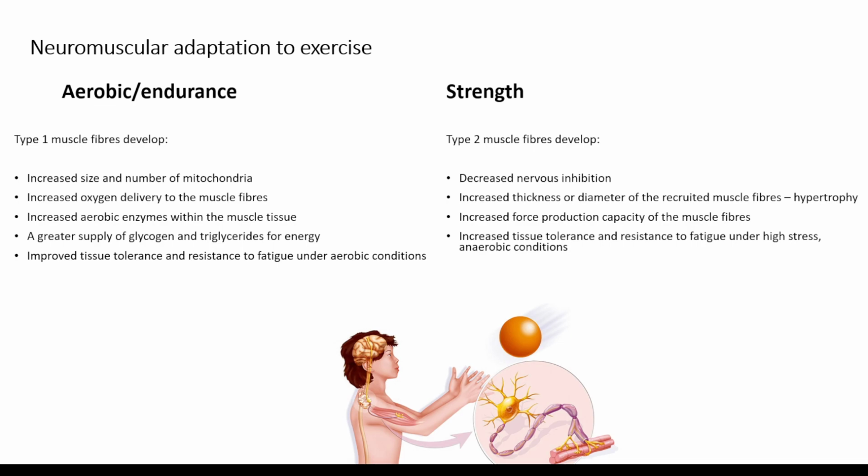But looking at your neuromuscular now, we're going to increase the size and number of the mitochondria if we're training aerobically or endurance based. So that basically means we're able to produce more energy. We're going to, over time, be able to get more oxygen to the muscles. We're going to have a greater supply of glycogen, which is just a breakdown of carbs, which means we've got more energy for that task. And your body's tissues are going to build up a tolerance to fatigue,